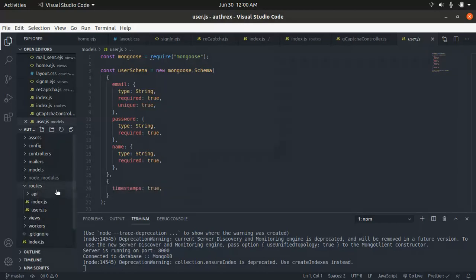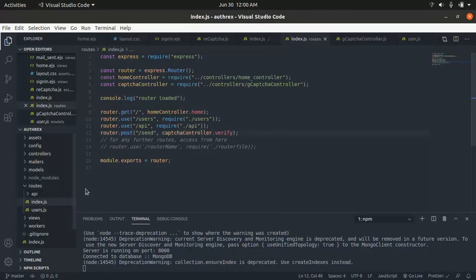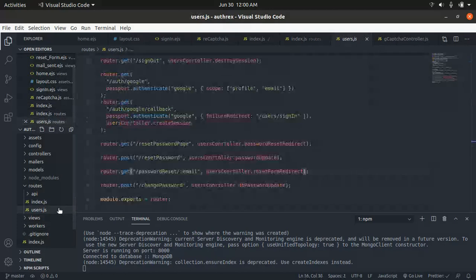Now we have certain routes stored here. Routes basically contain all the routes from our app, for the user and the API handling. Here is the users route. Every route which starts with user comes here, and it is redirected